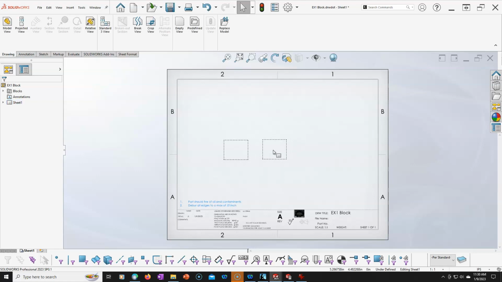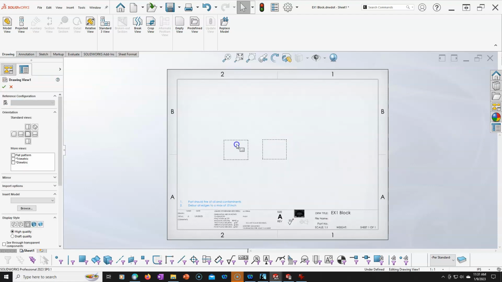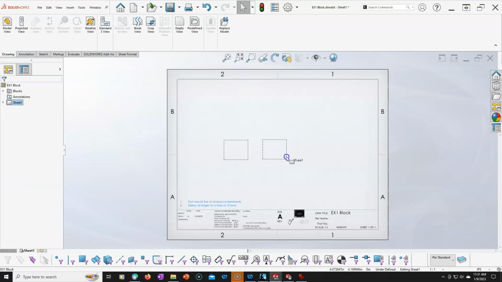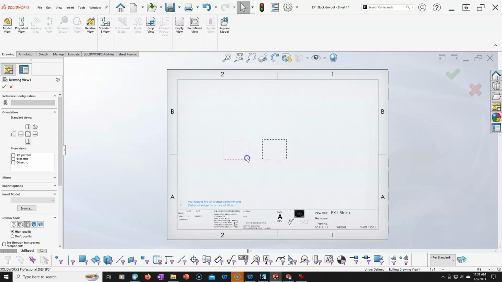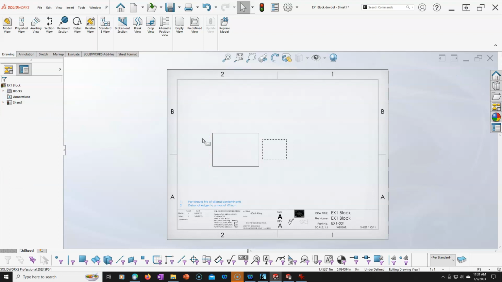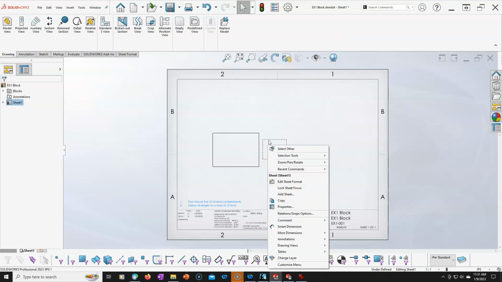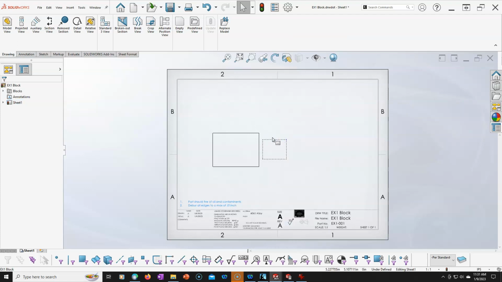But that didn't come up with any alignment. So let's see if there is no alignment there. So it would be the top. So if that was the case, well, let's go ahead and right click and insert model. And this is another one of those, I really don't use it that much, I have created. And then it doesn't look like that one, either I didn't place it correctly or